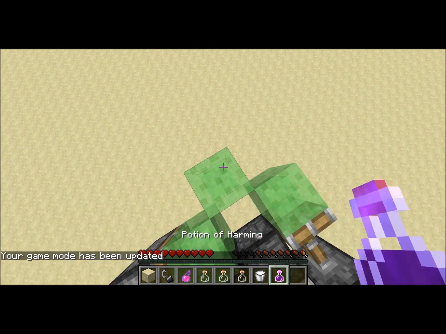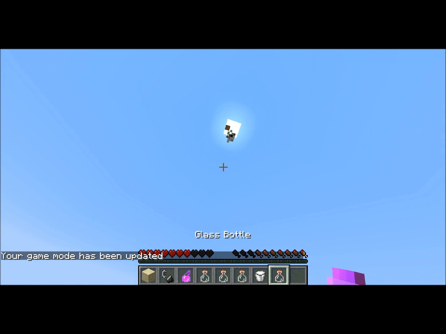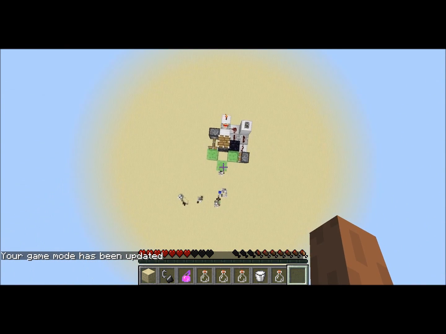So I'm going into survival mode, and when I drink the potion of harming, I'll get launched up, and if I land here on another slime block and get fall damage,